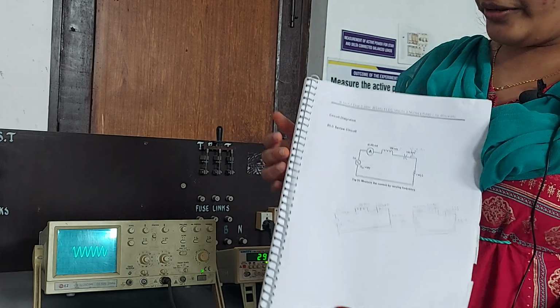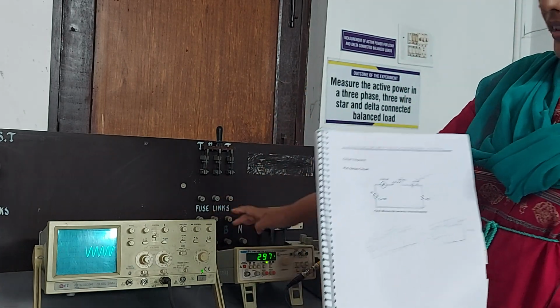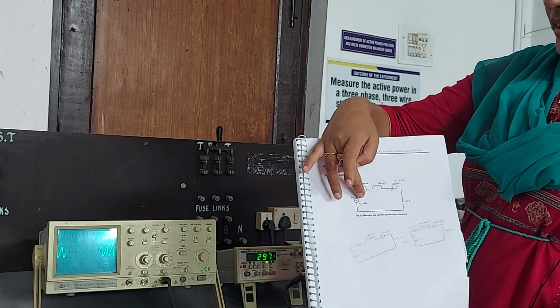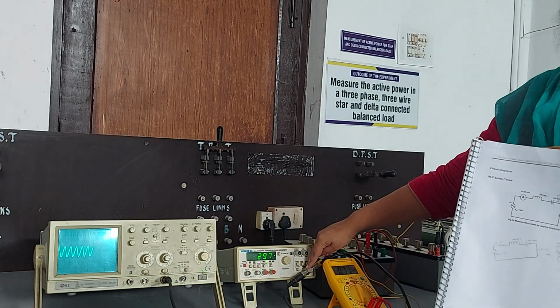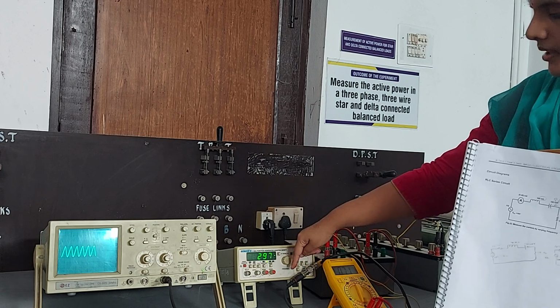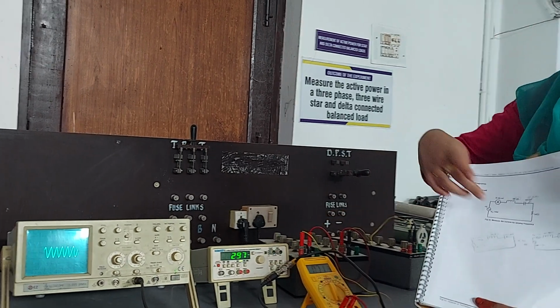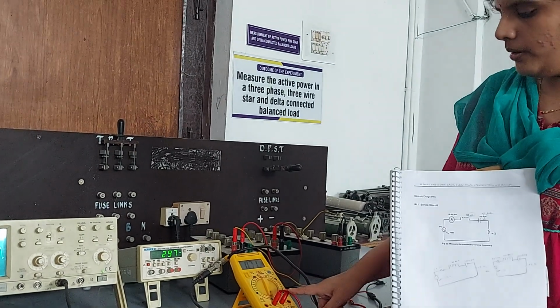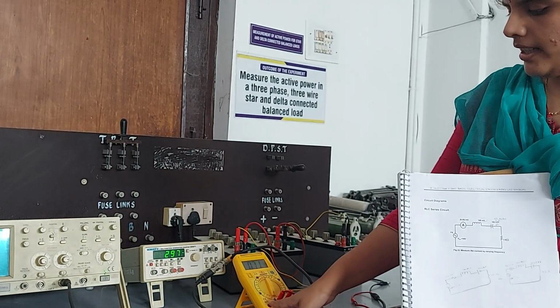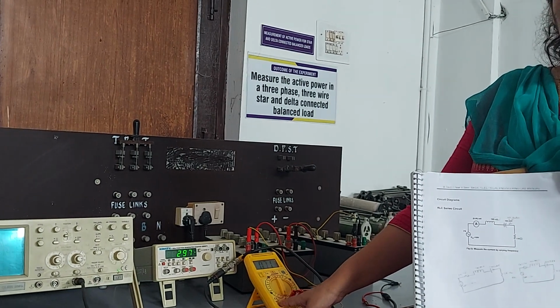Okay, this is the circuit diagram. This is the function generator. To one end of the function generator, there is a T connector. From this probe you are connecting to one end of the ammeter. If you want low range values, you will connect to this knob. If you want high range values, you will connect to this one.